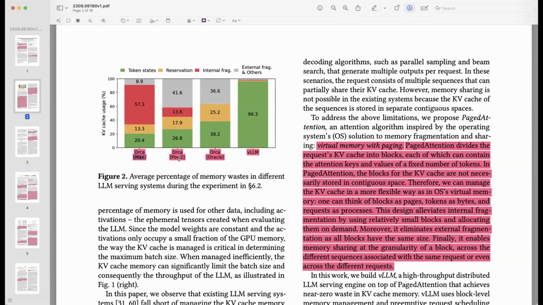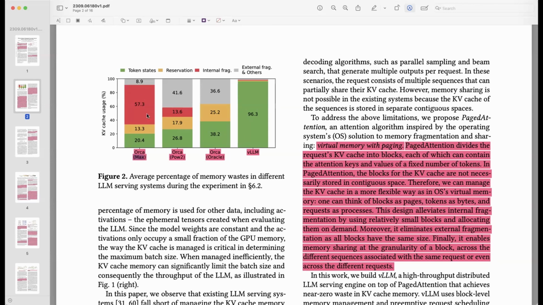For power of two, since they knew what data set they were going to do inference on, they said, okay, the actual length of the output is this, so I'm going to allocate two times the memory. So you see, they went from max to like two times the output length memory, and the internal fragmentation reduces because you have less wasted memory now, but the external one increases because you have memory of varying